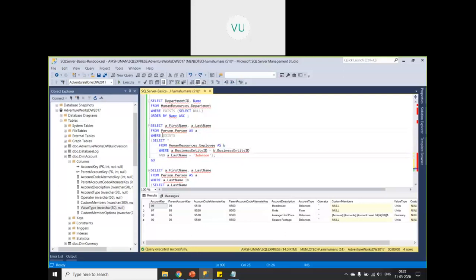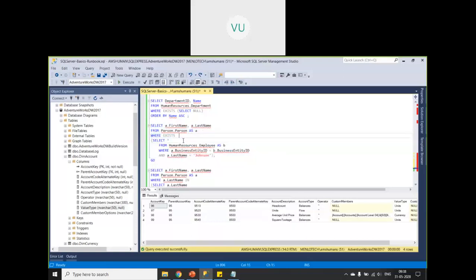Okay. So for each of the records in this outer query, it will apply this condition. It will check whether this condition is meeting and that particular record exists. If that particular condition is meeting and you are able to get the records back, then it will execute the outer query for that particular record.